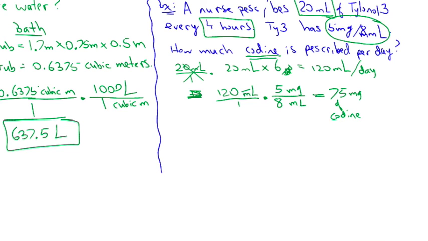And if I remember right, that is an overdose of codeine. I think the maximum you're supposed to have is about 50. I can look it up, but that's what I remember. So, for example,